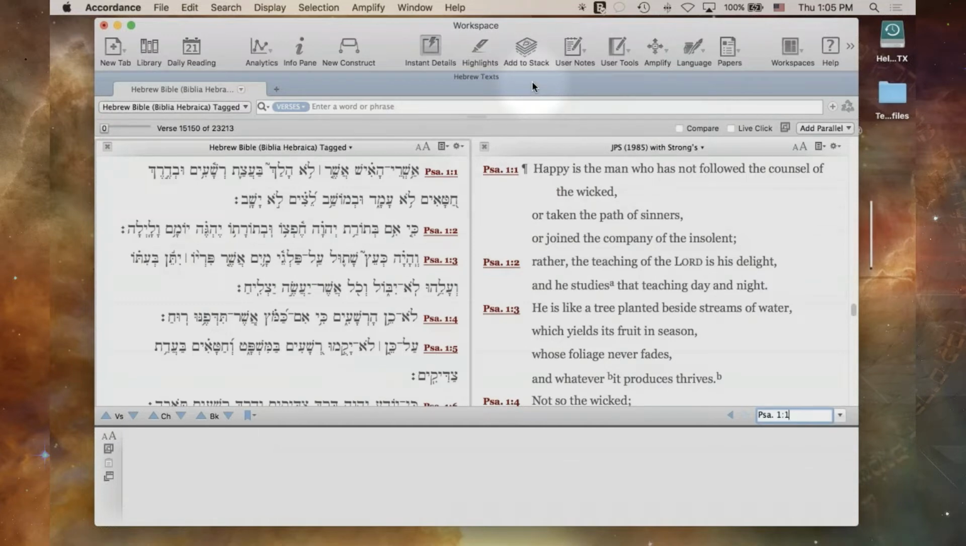Ashrei ha'ish asher lo halach ba'atzat resha'im, uvederech hata'im lo amad, uvemoshav leitzim lo yashav, ki im b'torat Adonai chefzo, uvetorato yehgeh yomam valayla. Okay, those are the first two verses of